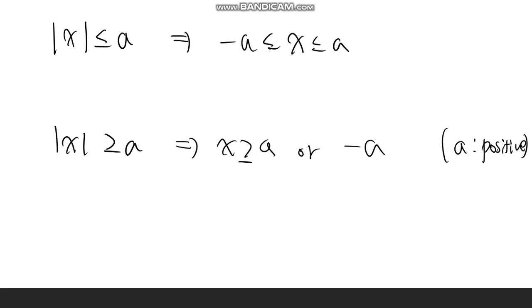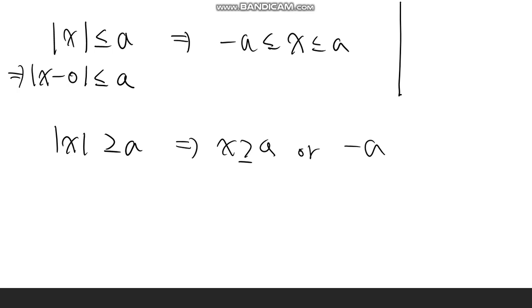Now, a lot of people just memorize this without really understanding what an absolute value is. Absolute value is a distance. So now absolute value of x minus 0 is less than or equal to a, right? Think about it. Can our a be a negative value? No. If a is negative,